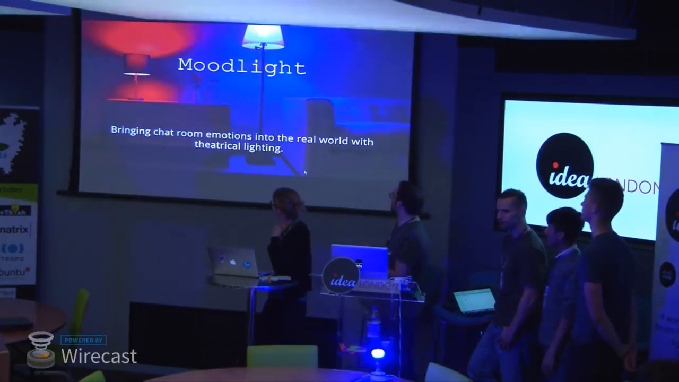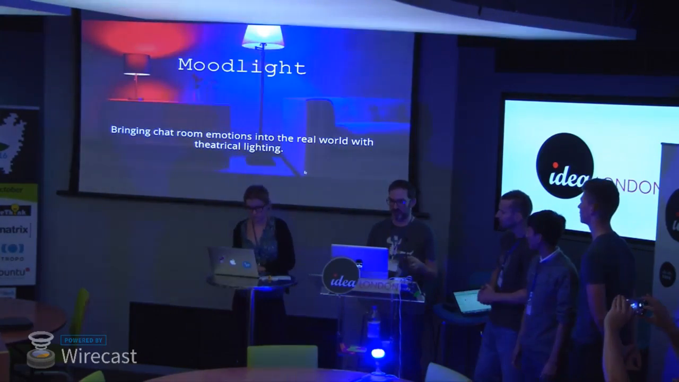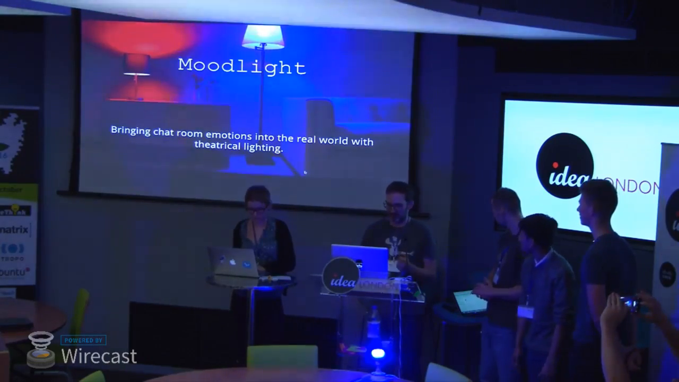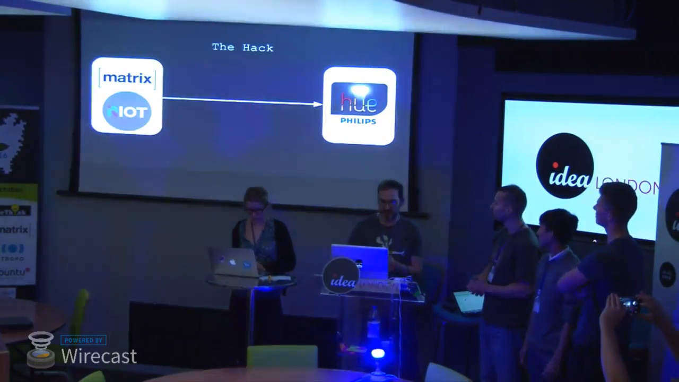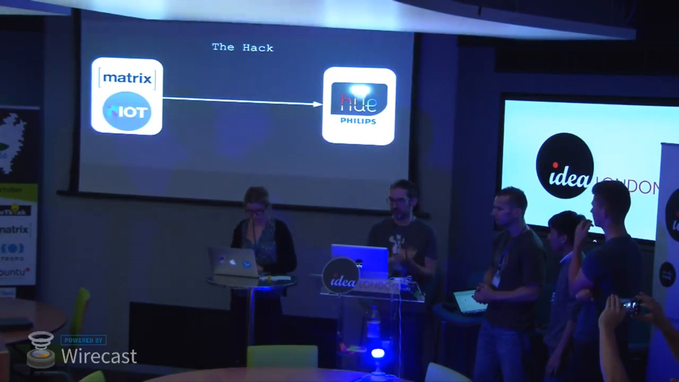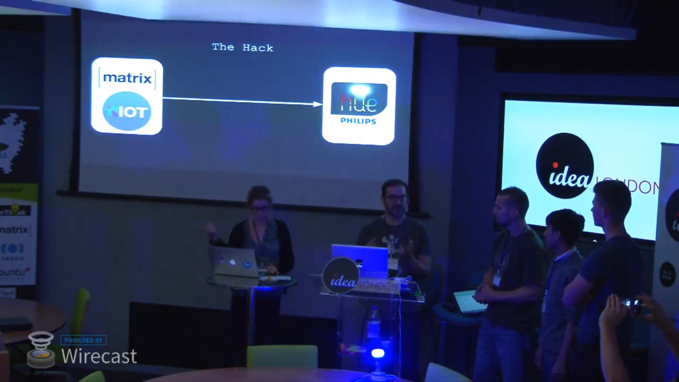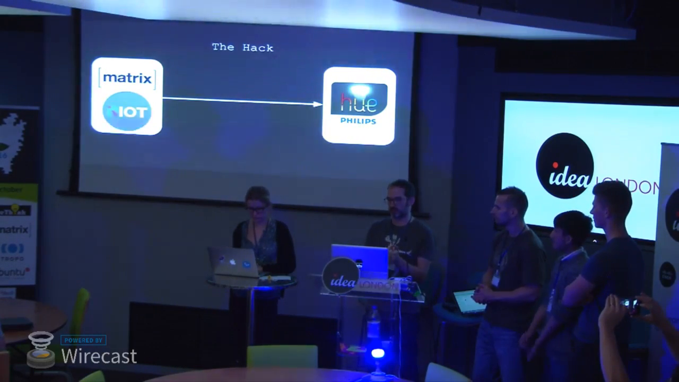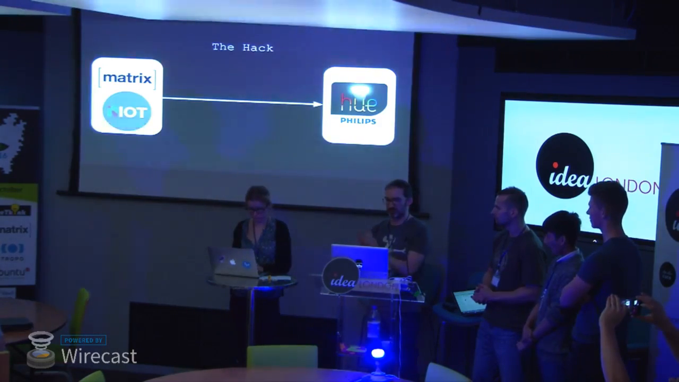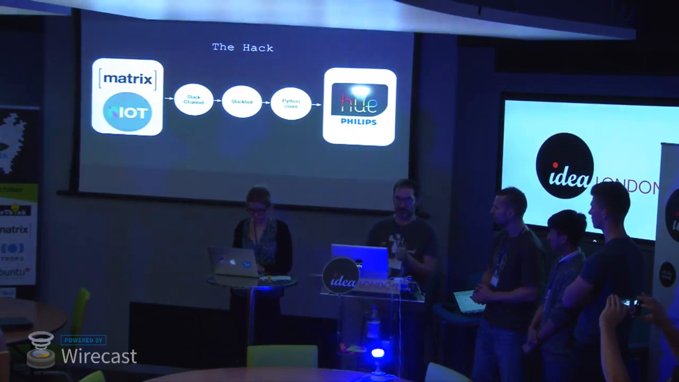Moodlight is bringing chat room emotions into the real world with theatrical lighting. As a hack, it's basically taking Matrix's chat client Riot and analyzing the emotion of the text in a single chat room, and outputting that emotion through a Philips Hue light bulb. What's actually happening in between those steps is, of course, the hack, which is linking Riot into a